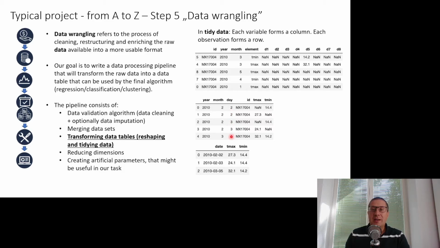We can also take those minimum and maximum temperatures as columns. So here we have values measured for a particular month, particular day. We see what is the maximum and minimum temperature. And of course, because there is just one